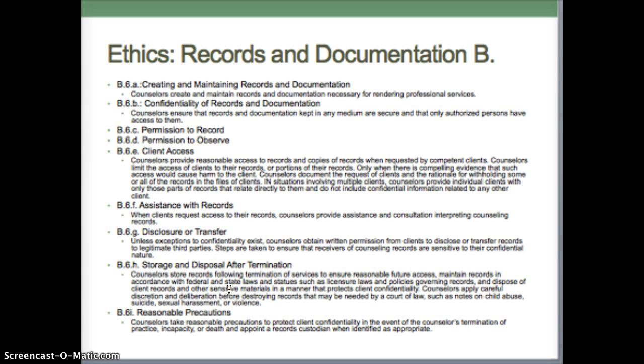Storage and disposal after termination. So this is important because you're not going to keep records on and on till the end of time. It becomes a lot easier to keep records for a lengthy period of time when you use electronic record keeping, because you don't have the physical space taken up by lots and lots of client charts. But nevertheless, you still would work with whatever your state laws are and whatever the policies are of the facility where you work